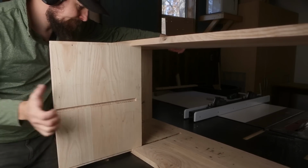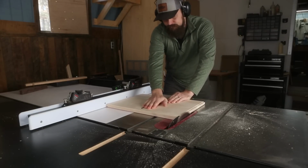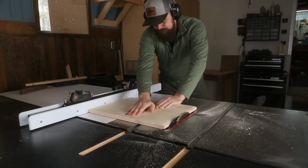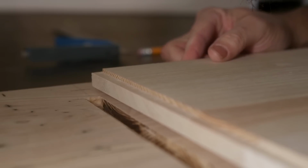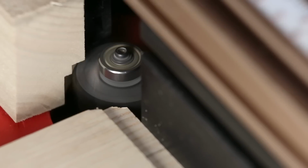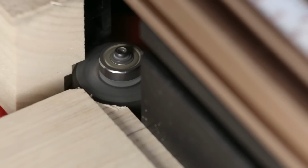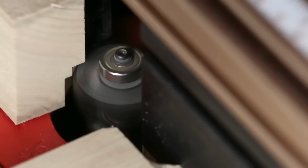Alright, still too long. I'll shave off a little from the bottom side. It can afford to be a little shorter because the panel will rest on the shoulders of the tongue and you won't see the gap below. I'll remove a small chunk of material from the front end of the divider tongue to allow it to overlap slightly and maintain a clean reveal at the front of the cabinet. And for all you woodworking ASMR folks out there,